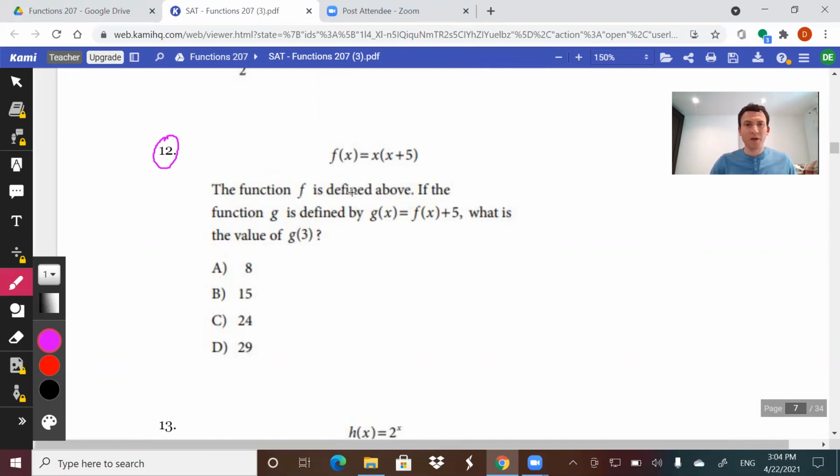But anyway, it says we have a function, and if the function g is defined by g of x equals whatever f of x is plus 5, what is g of 3? So the first thing it's telling us is to plug in 3 for x wherever x is. So let's start off with that. F of 3 equals 3 times 3, right? We put in a 3 for both x's, plus 5. That gets us 8 times 3. So f of 3